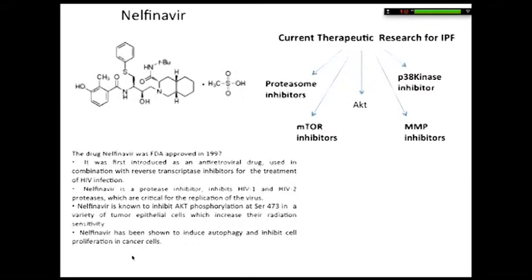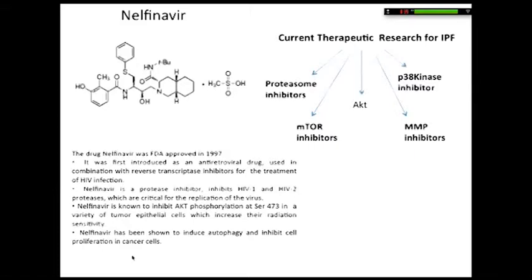So I'm beginning by showing a picture of Nelfinavir, and the reason I'm showing it is because the chemists will see that it's a very floppy molecule that can bend and twist and thus accommodate to binding by weak hydrogen bonds to various pockets of enzymes or kinases and such. And Nelfinavir is already being repositioned as an anti-cancer drug, so I want to reposition it as an antifibrotic as well. And it's been around for 15 years, so its patent's about to run out.